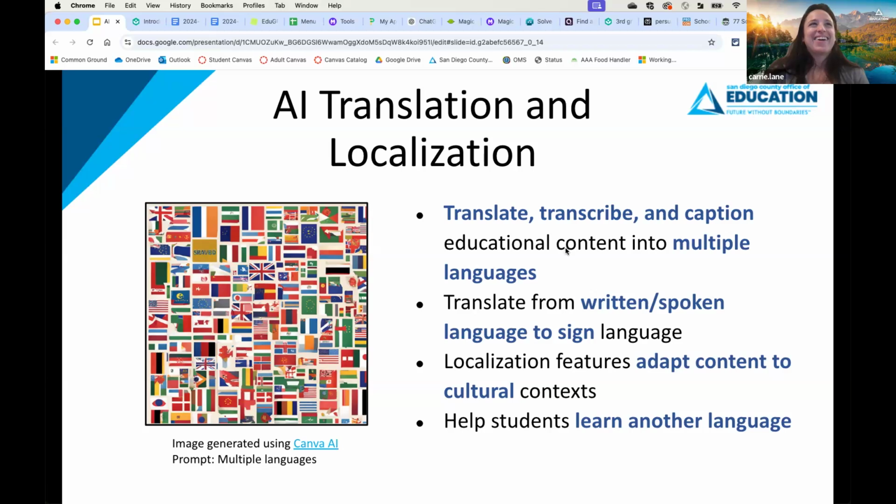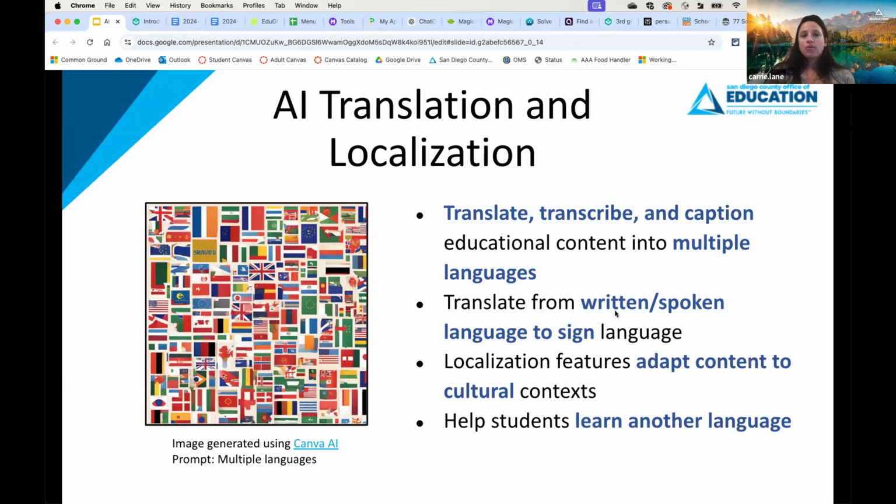Okay. All right, so we'll hopefully get to preview Hand Talk and Seeing AI, but let's move into how you can use AI for translation. And so there are a lot of things out there. One, ElevenLabs, is able to take a video that you've created in your native language of instruction, and it can transfer that into any type of language, and it sounds like your voice, but you are now speaking in a different language. Our colleague uses that a lot.